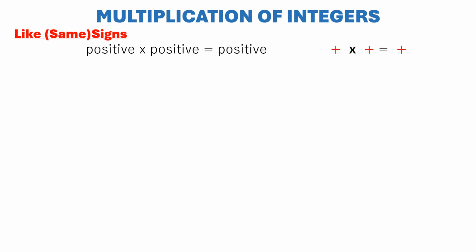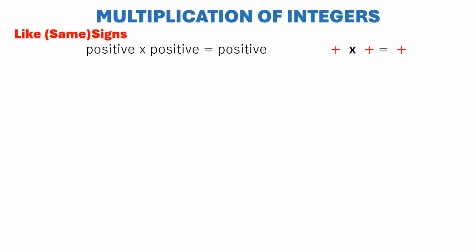Hi, this is Teacher Hazel and I am going to discuss multiplication of integers. There are two cases in multiplying integers. The first one is when you are multiplying two numbers having the same signs. And the second one is when you are multiplying numbers having different signs. Let us discuss first